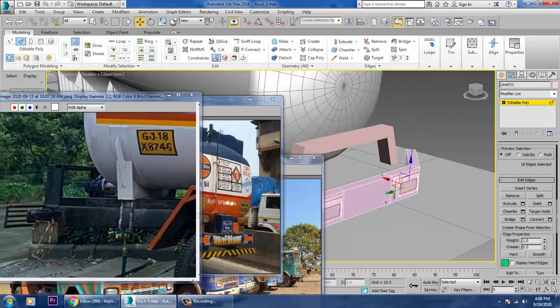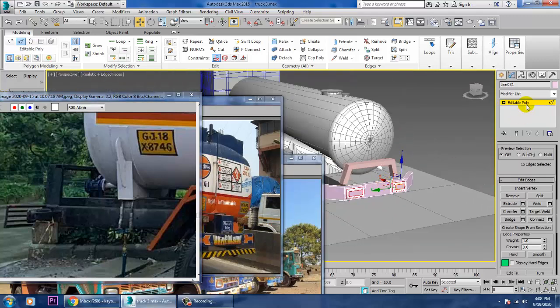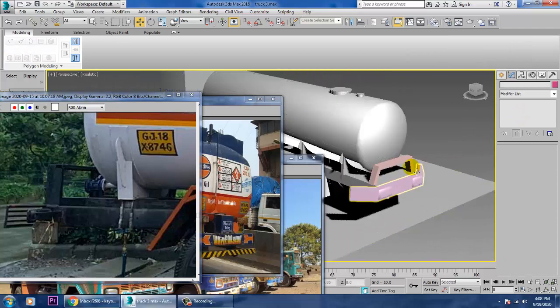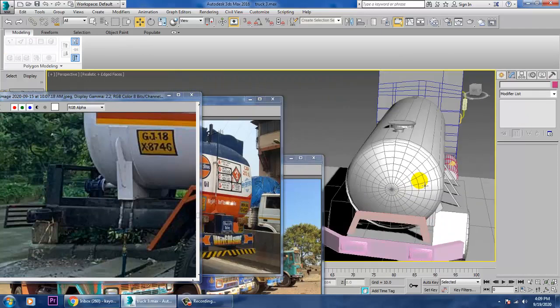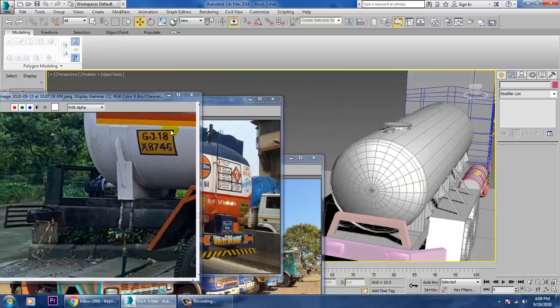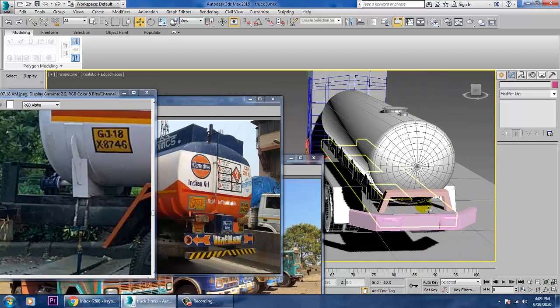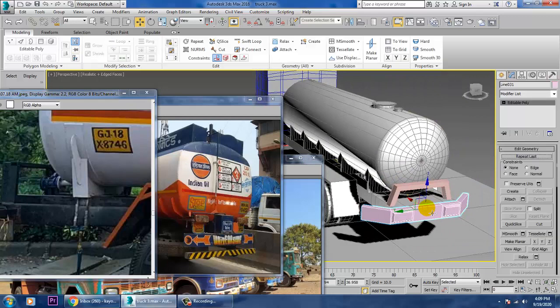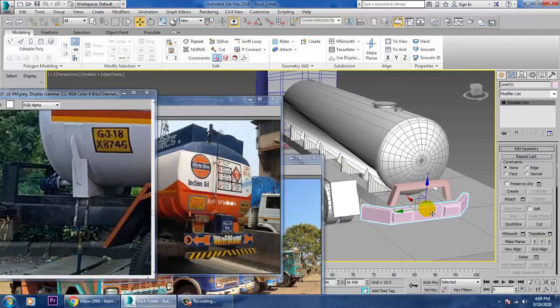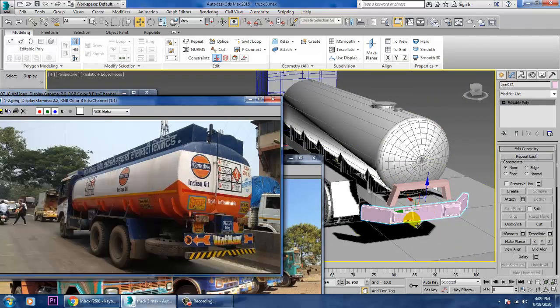That's it. The lights definitely we will add as details afterwards. If you want, you can put them in this way, or else if not required, we can put them manually also, not a problem.